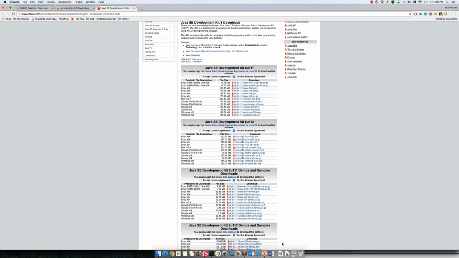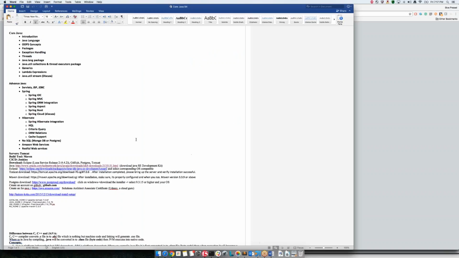Okay, when it generates a .class file, I can share that .class file with you, and if you run the Java .class file, you are able to execute it in your Windows operating system, even though I wrote my source code on a Mac operating system. So that is what is called platform independent. Okay, so another part is